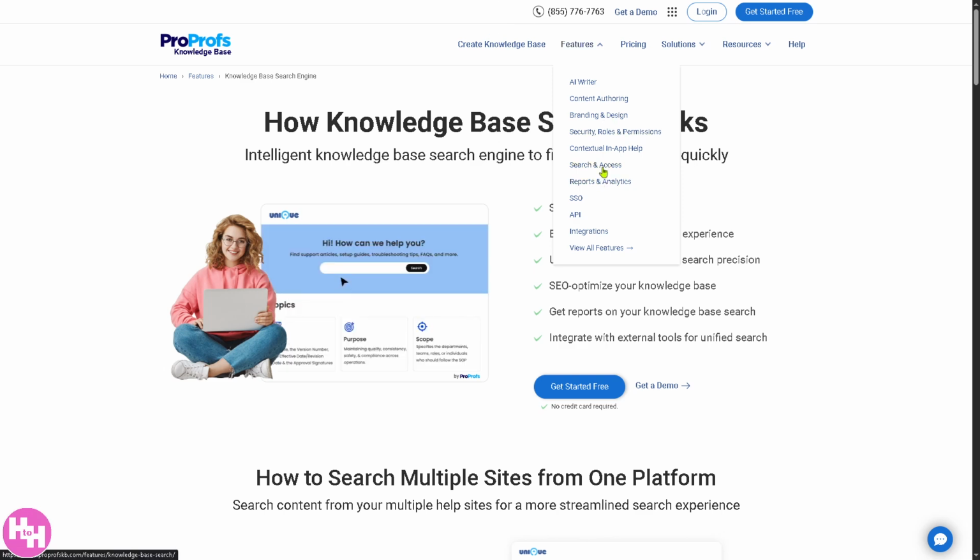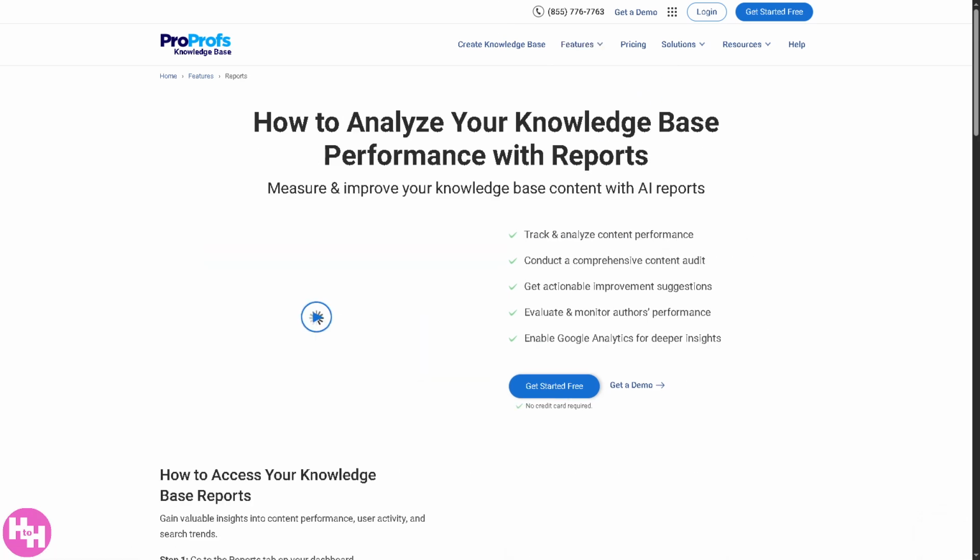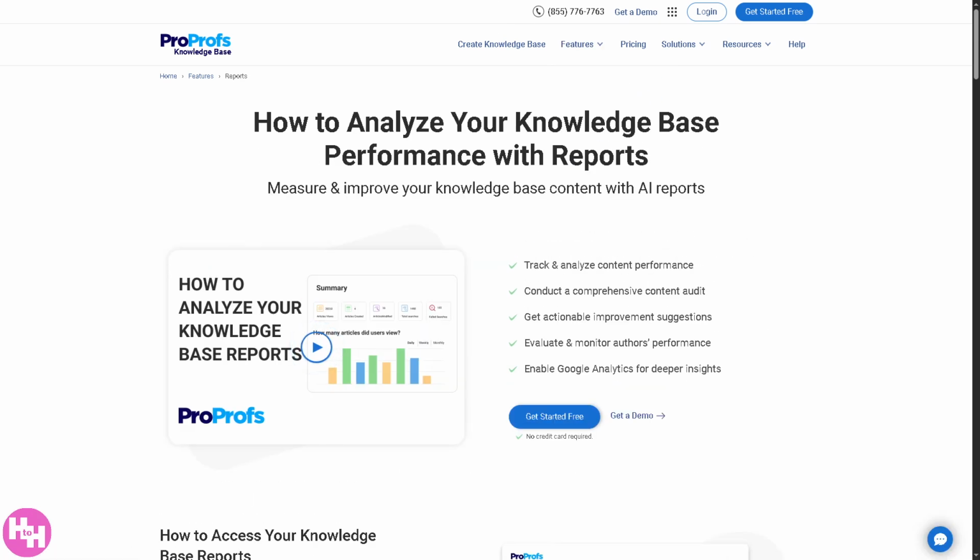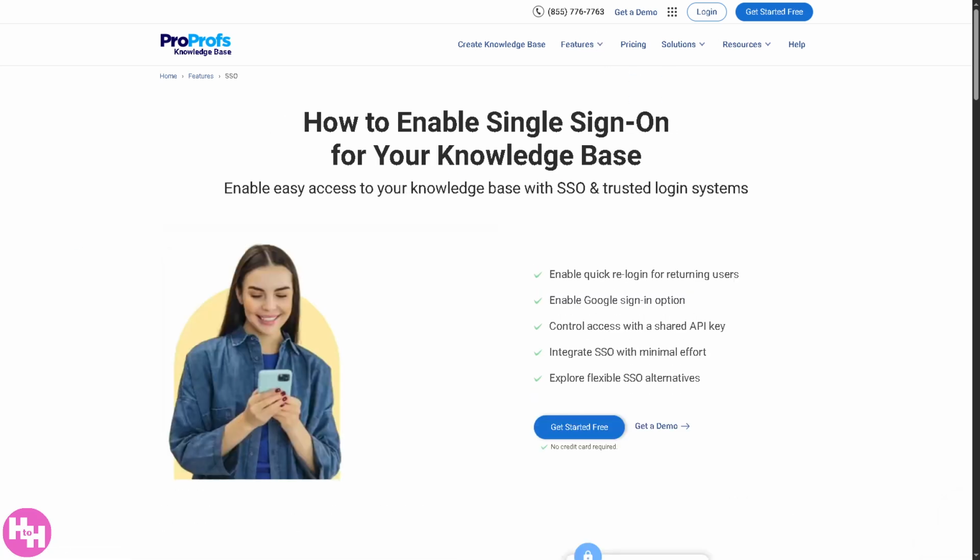Now, there's going to be a section for the reports and analytics. Don't worry, because ProProfs covers how to track knowledge base performance so that you can see which articles are most or least viewed, measure success rate, identify content gaps, and of course get user feedback and ratings on articles. There's going to be a feature for the SSO or single sign-on,